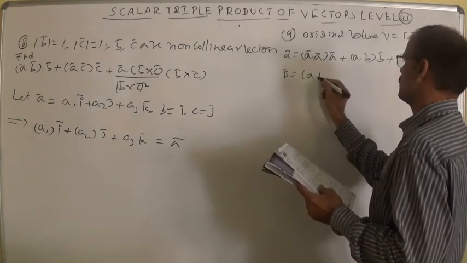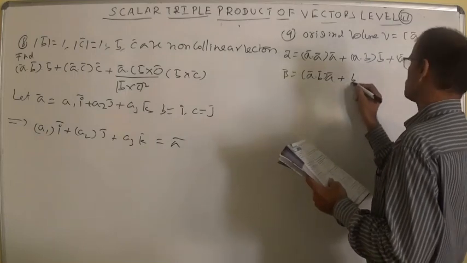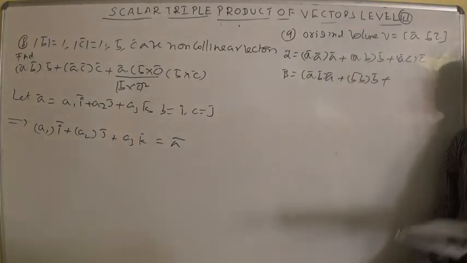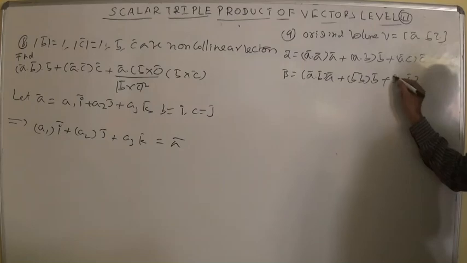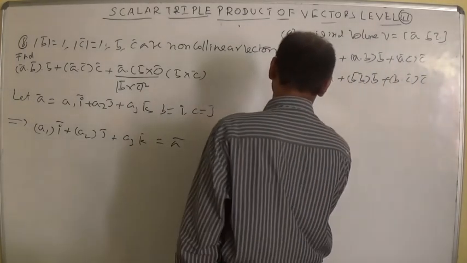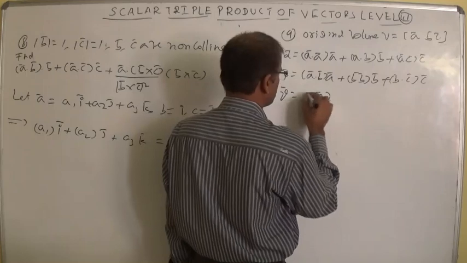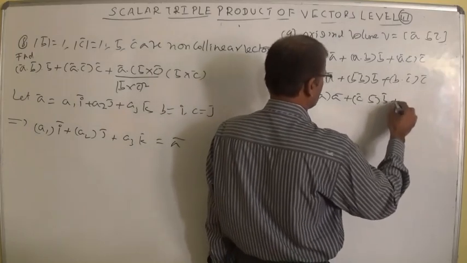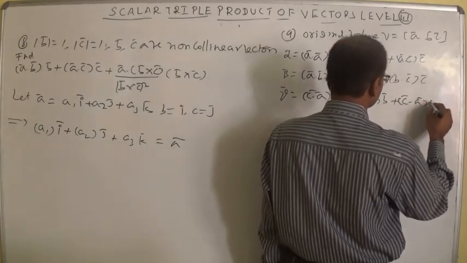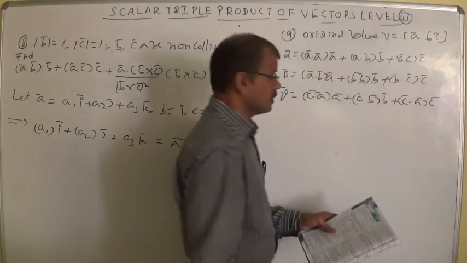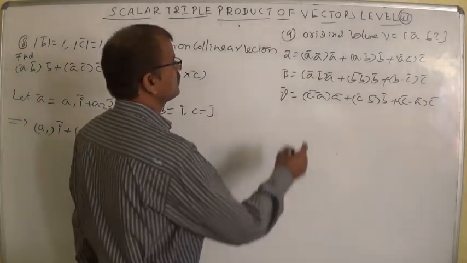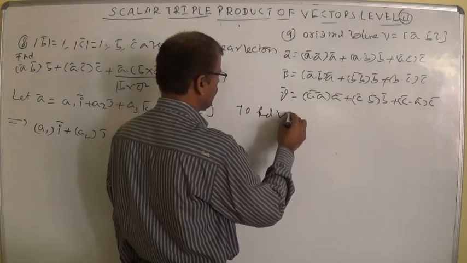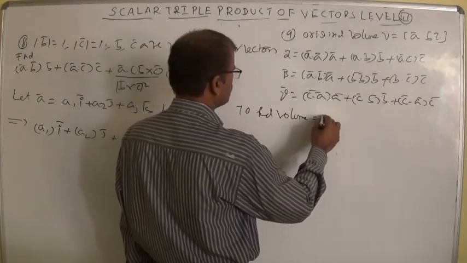Next, beta bar is B bar dot A bar into A bar, plus B bar dot B bar into B bar, plus B bar dot C bar into C bar. Next gamma bar, he has given as C bar dot A bar into A bar plus C bar dot B bar into B bar plus C bar dot C bar into C bar. So to find the volume of the parallelepiped, I am writing V is equal to,